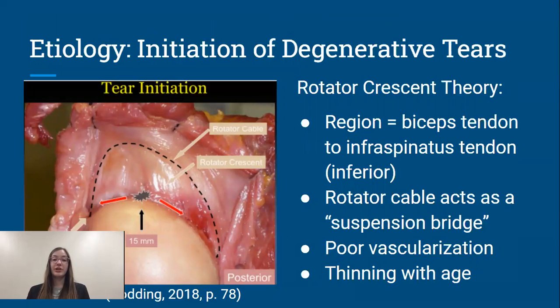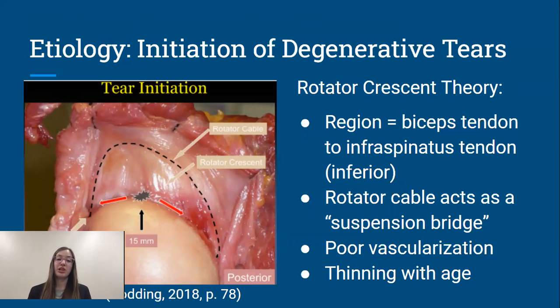Degenerative tears can occur in any of the four muscles of the rotator cuff, but they frequently initiate in a specific region known as the rotator crescent. The rotator crescent is a half-moon shaped portion of the rotator cuff, and it's shown in the picture on the left. And it lies between the biceps tendon and the inferior border